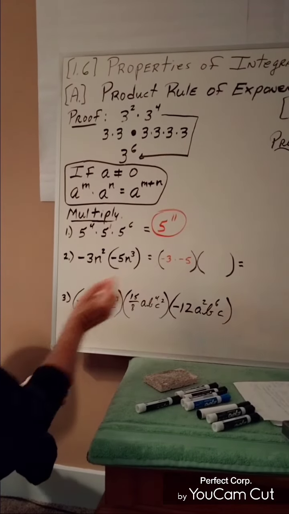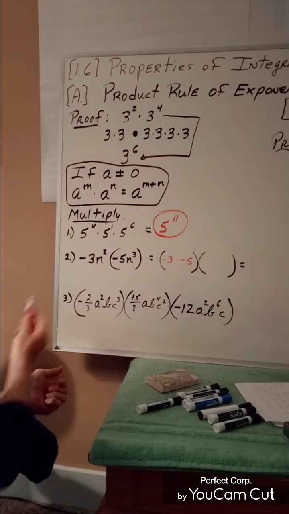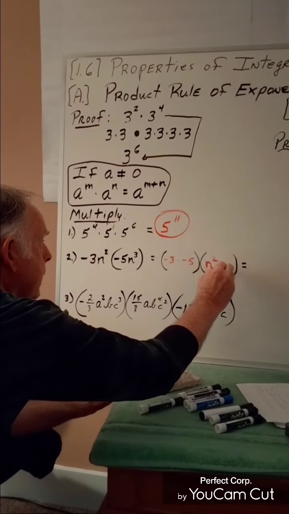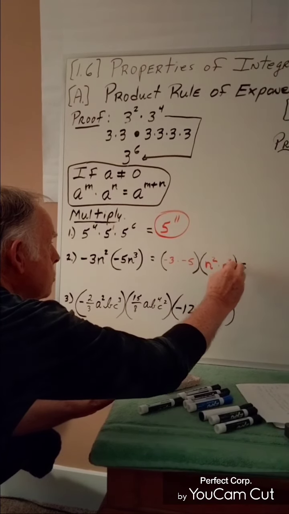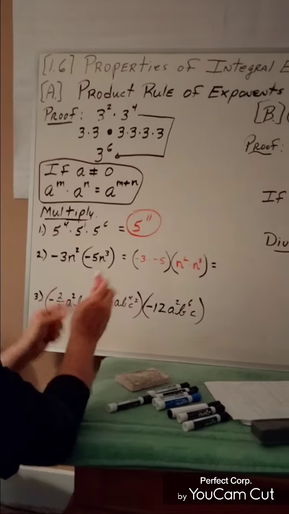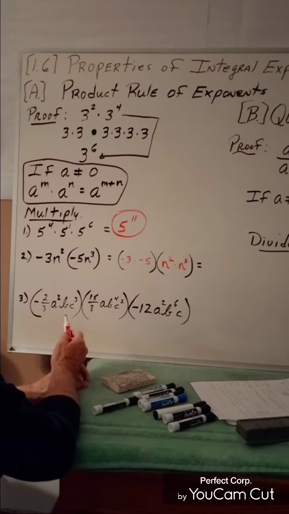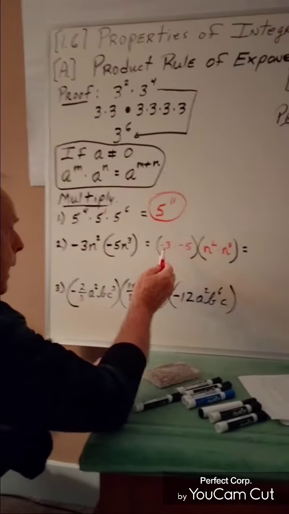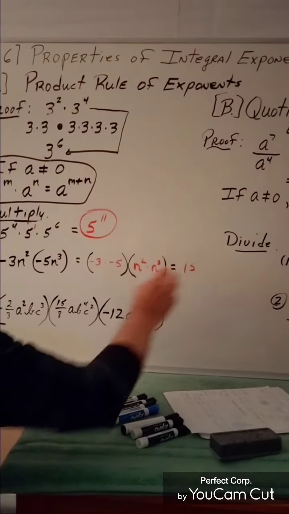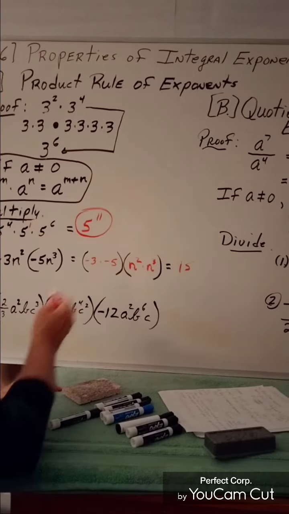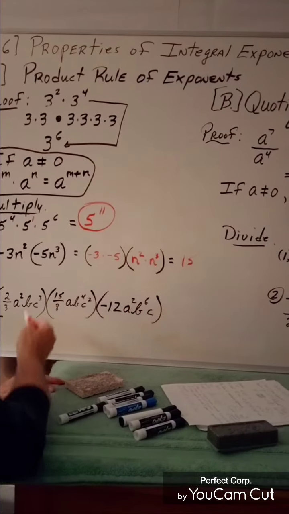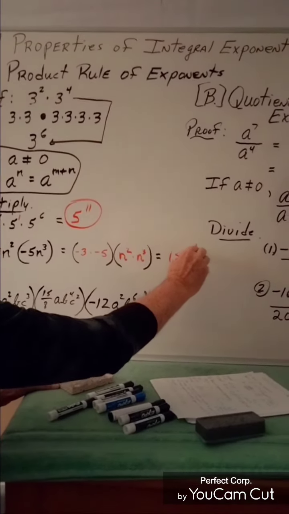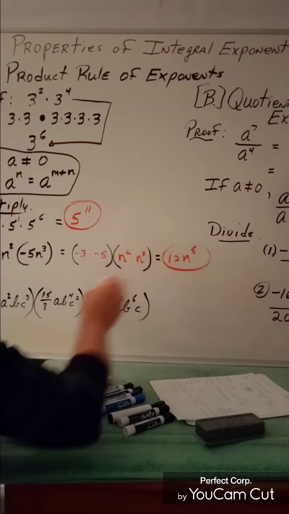And in the second house, I'm going to put the powers of n. n to the second times n to the third. Now, we're going to eliminate those groupings by multiplying. Negative times negative gives us a 15. n to the second times n to the third, add those exponents, n to the fifth, 15n to the fifth,